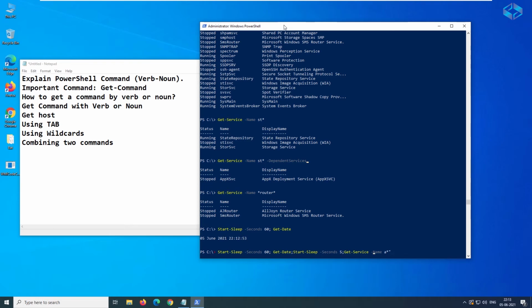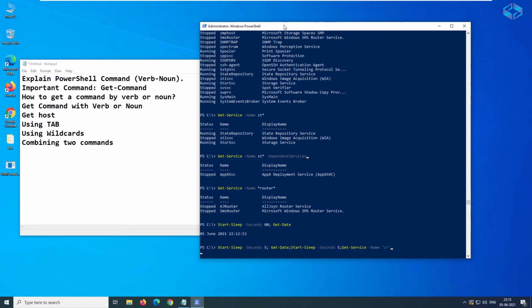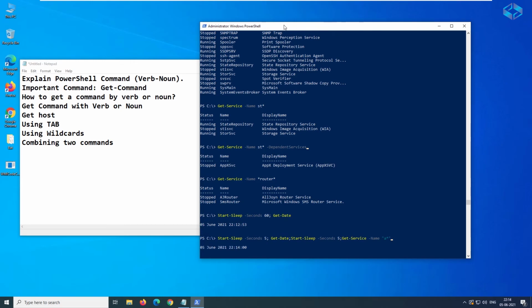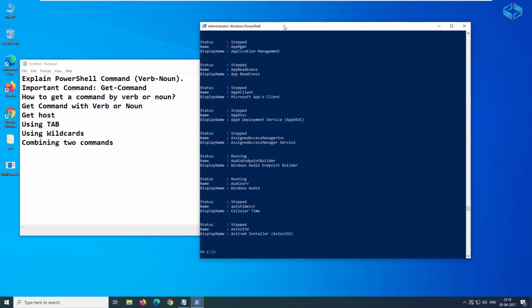If you want, you can give it in quotes as a standard, as we talked about. So let us reduce the first one to maybe 5 seconds, and you can do this. So it will wait for 5 seconds and it will give a date, then again it will wait for 5 seconds, then it will just list out these services starting with the A. So this is how it will list out, and this particular method you can use in multiple ways, where we can combine different commands.